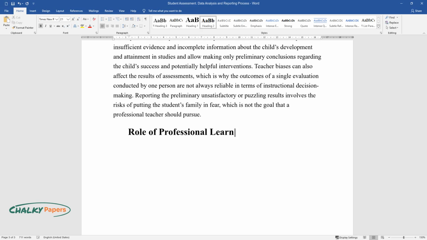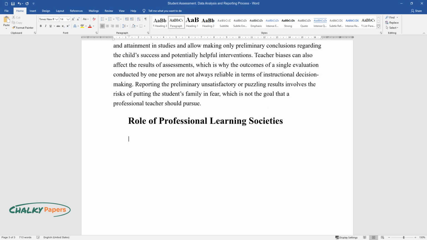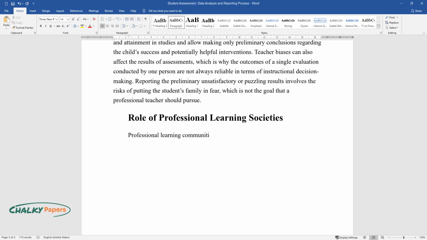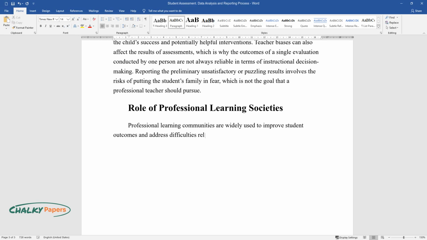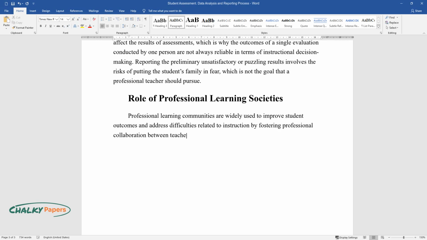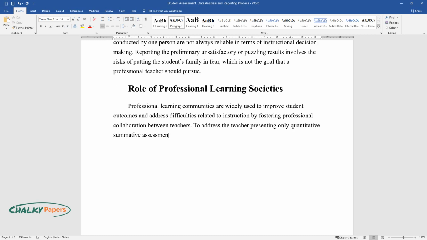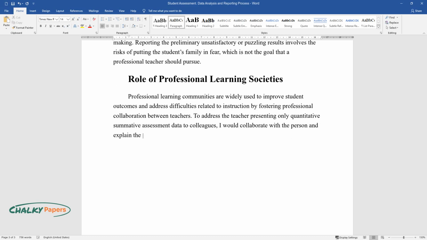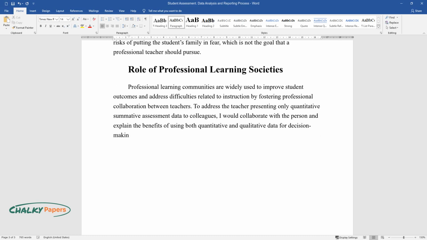Role of professional learning societies. Professional learning communities are widely used to improve student outcomes and address difficulties related to instruction by fostering professional collaboration between teachers. To address the teacher presenting only quantitative summative assessment data to colleagues, I would collaborate with the person and explain the benefits of using both quantitative and qualitative data for decision-making and identifying children's unmet needs and unobvious